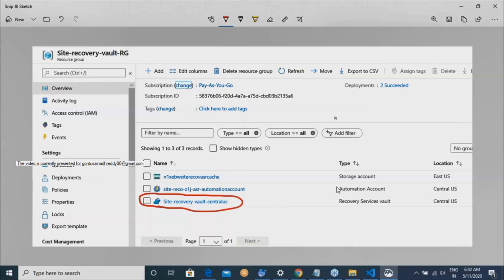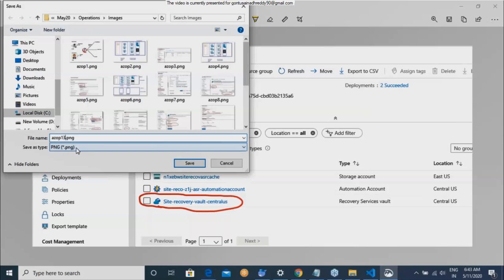Then Azure has given an automation account, which is for people who want to do some automation using CLI or PowerShell. And then a storage account, which is for storing some of the data, basically some caches. So we have these three things in your vault.